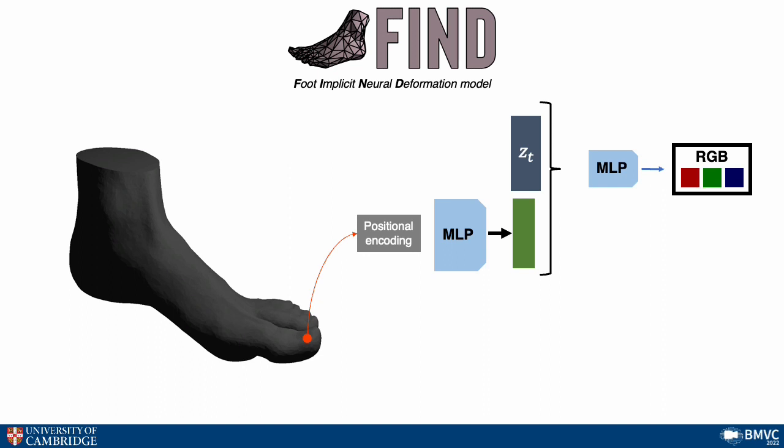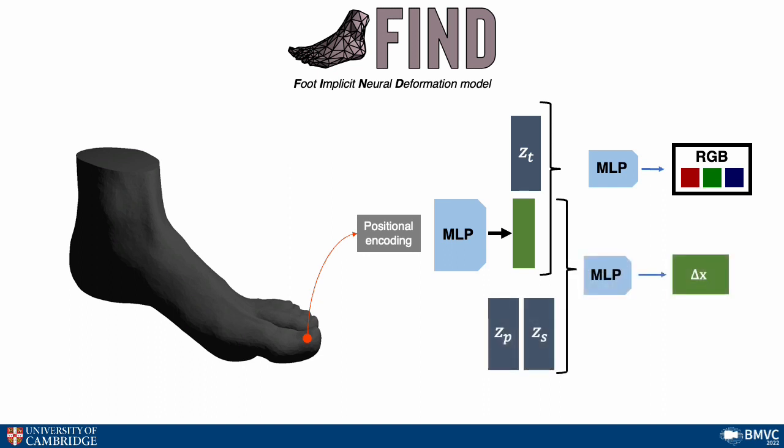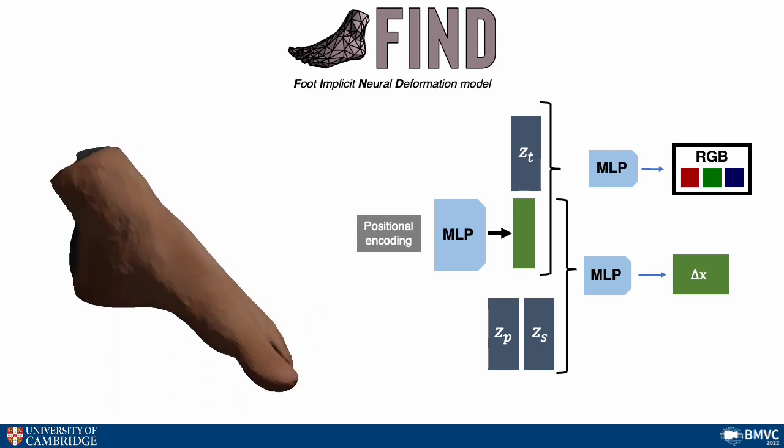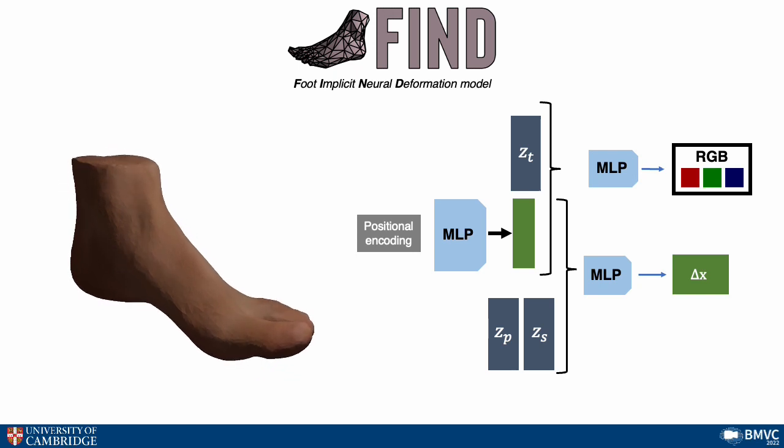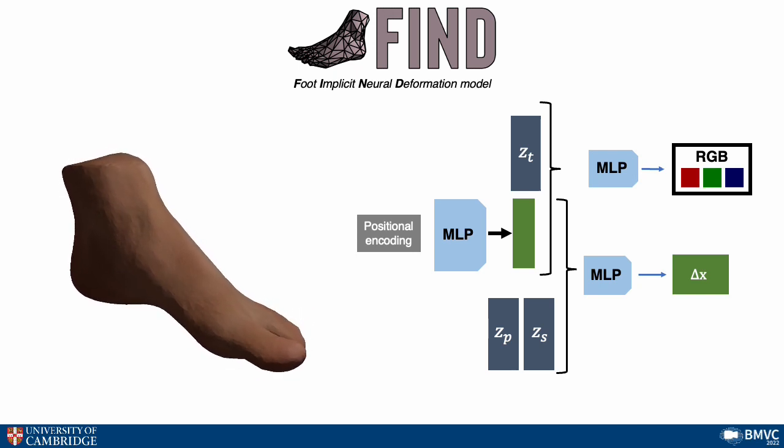The second concatenates it with pose and shape latent codes to predict the necessary deformation at that point on the template mesh to match the target pose and shape. By sampling at sufficient points on the surface, we produce a deformed, textured, explicit mesh. We can alter the mesh and texture by changing the pose, shape,